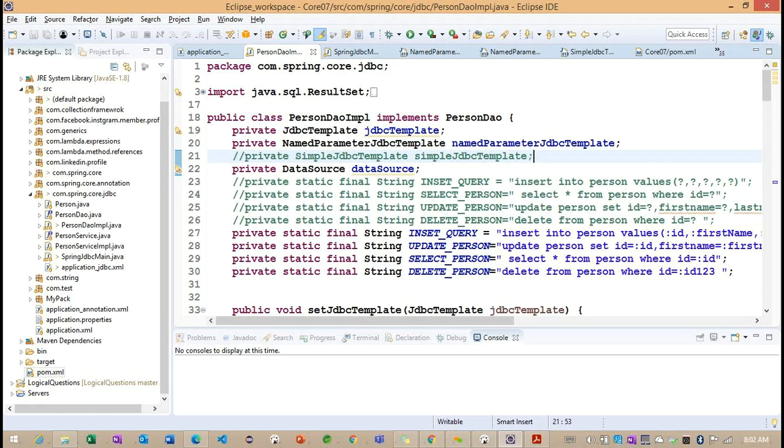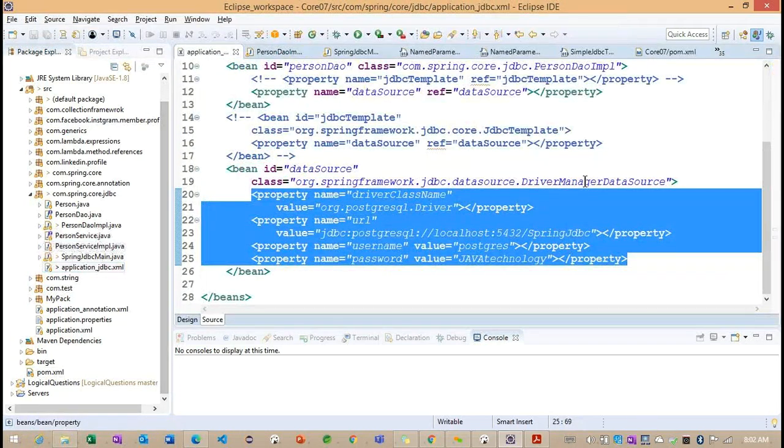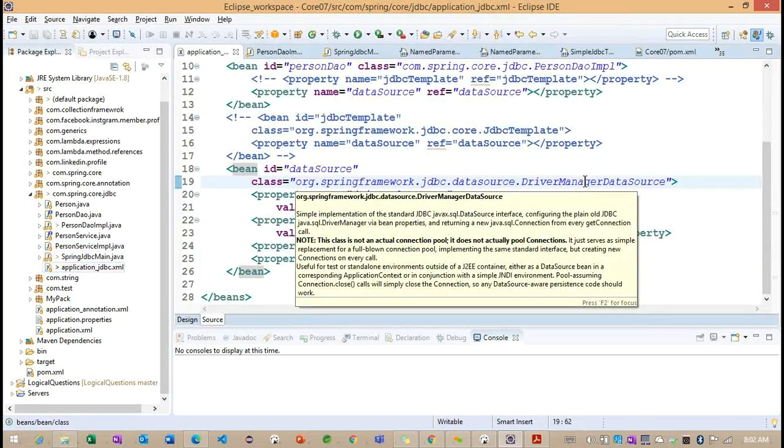So could you please help me, what are the steps I need to write inside this particular application underscore JDBC XML? Anyone having any idea what configuration we can write?